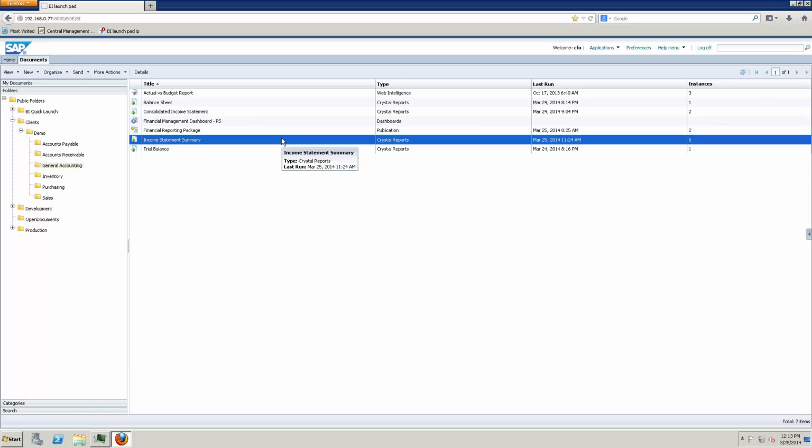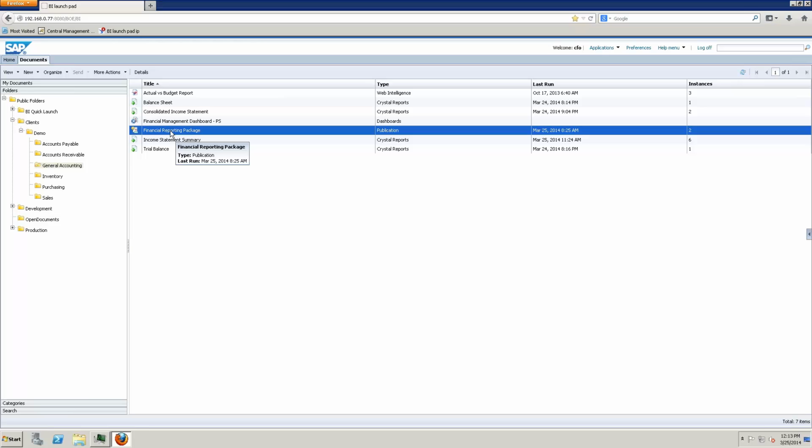So again, we start from a dashboard, drill down to a P&L. We opened up a balance sheet, viewed that on the fly, drilled down through that, and showed you how to schedule a report, choosing a different type of format like a PDF. There's also this reporting package. So you can also say, okay, let's say for month end, finance has several reports that need to be packaged together and merged. So they're all separate, but they need to be blended together